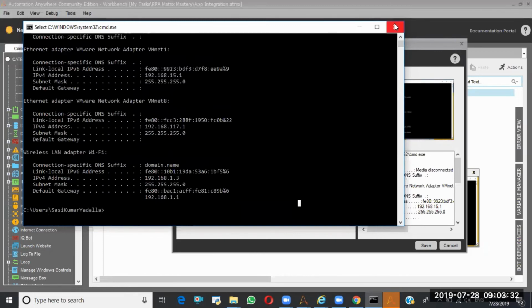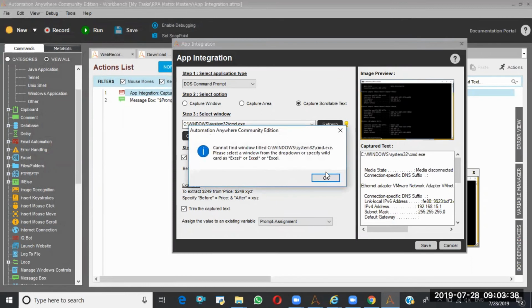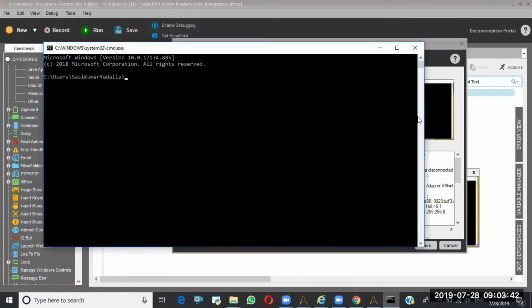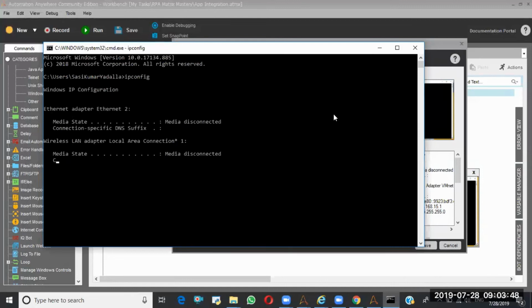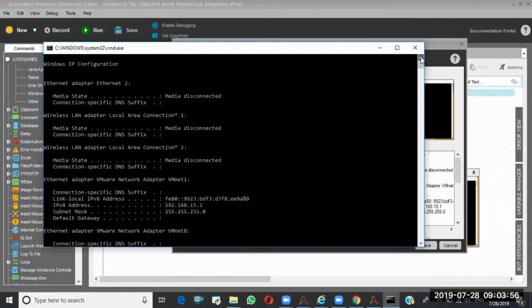Let's say, I don't know what it will do. CMD, ipconfig. Again, I'll give IP config. So now we have a large amount of data.